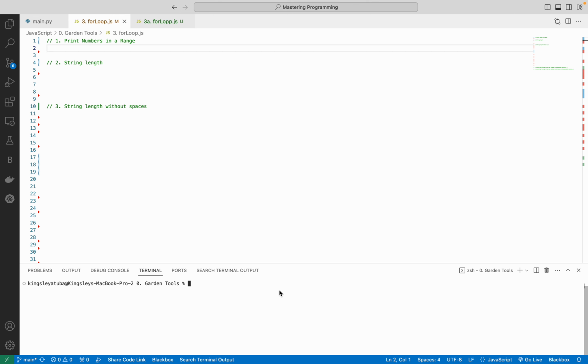Hi guys, today we'll be learning about for loops, and I'll try my best as much as possible to deconstruct it to make it as easily understandable as possible. So the three things we'll be doing with for loops is I'm going to be showing you how to use it to print or to console.log a range of numbers,